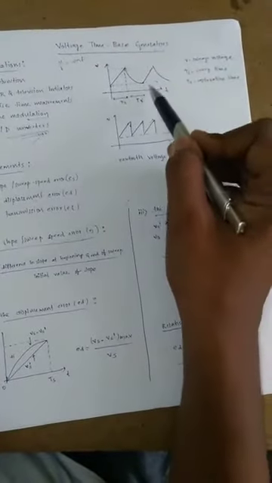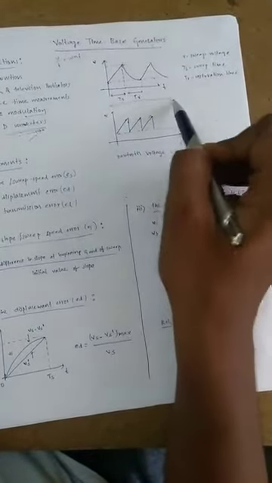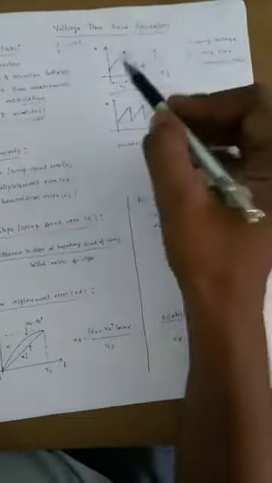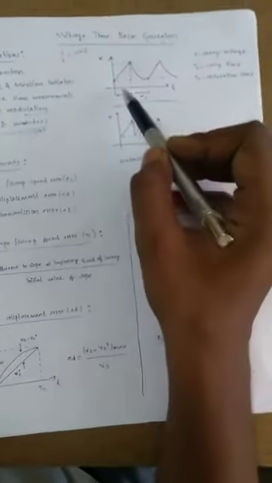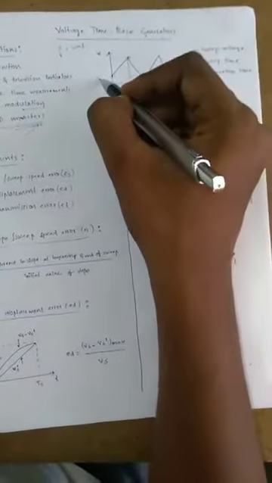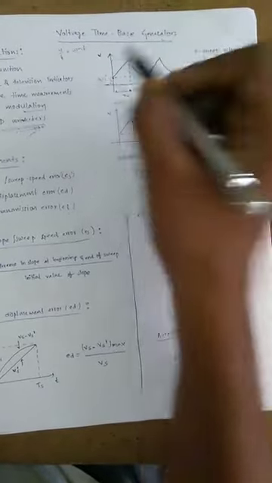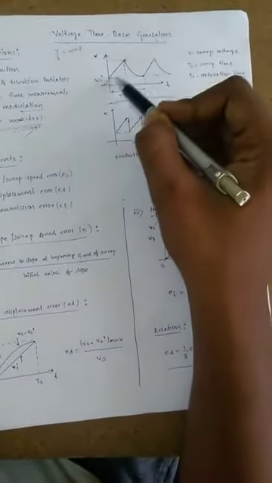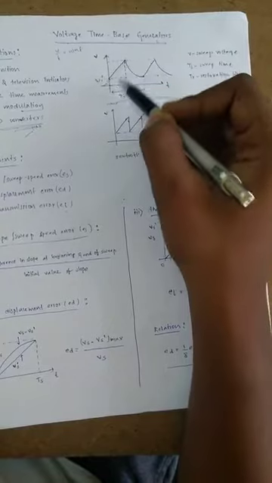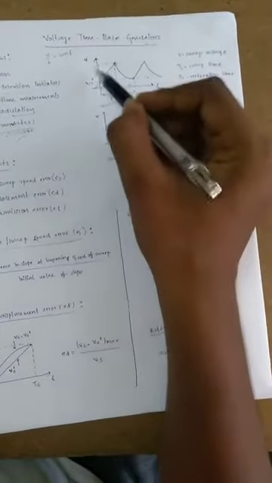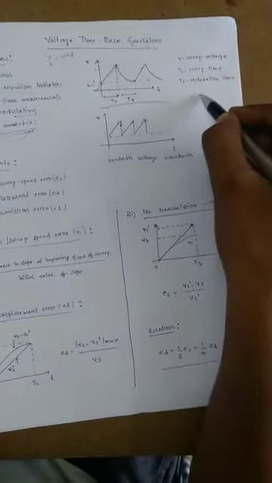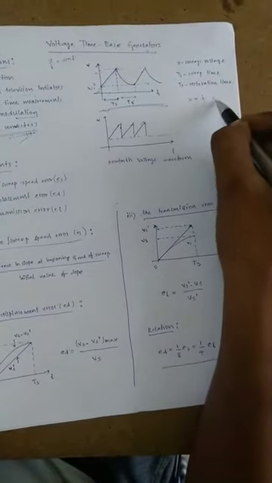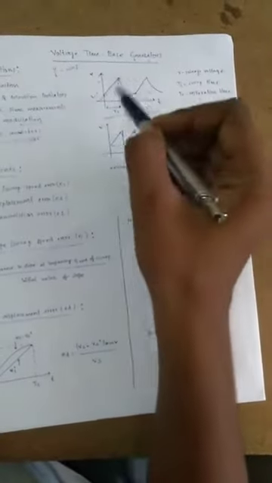Now this is a waveform of the voltage time-base generator. This is a general waveform; the output waveform has some initial value present. Let us assume this is the initial value, and it constantly increases with respect to time. That is, when time increases, the voltage also increases. The voltage is directly proportional to time, that is, V by T is equal to a constant. It varies linearly with respect to time for some time period.